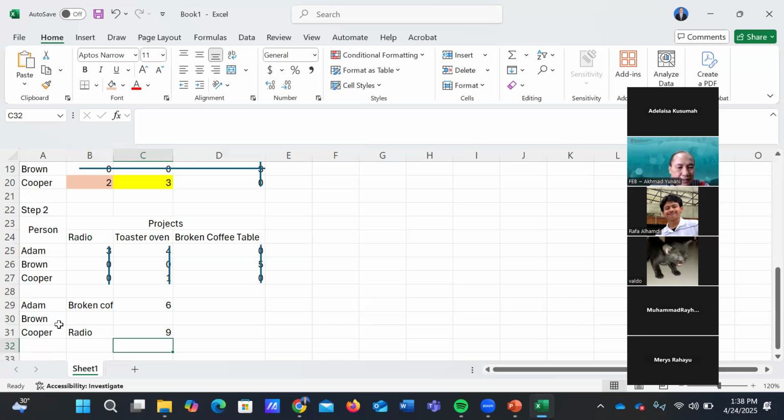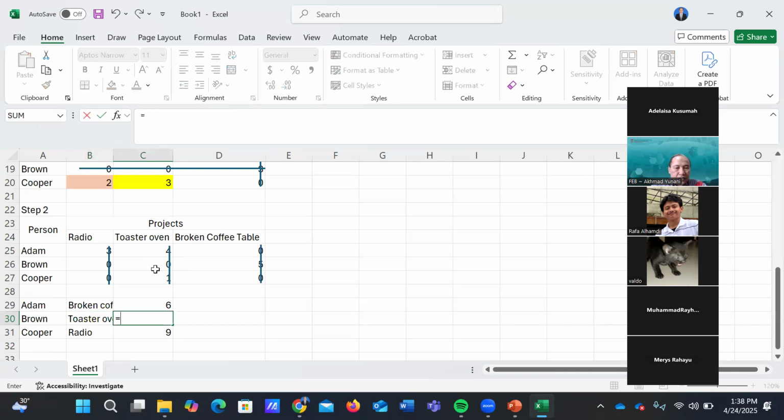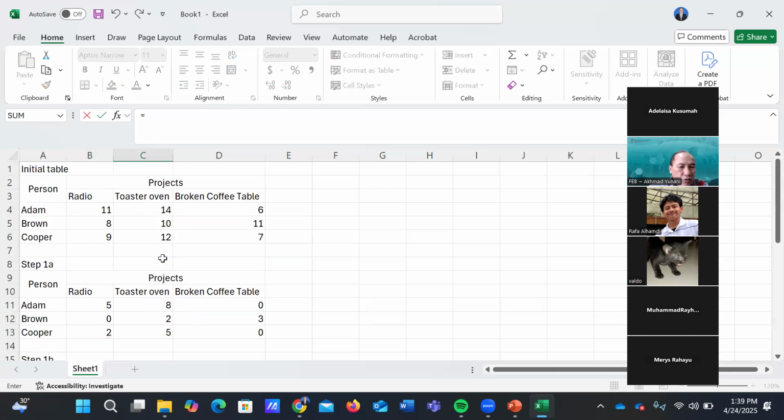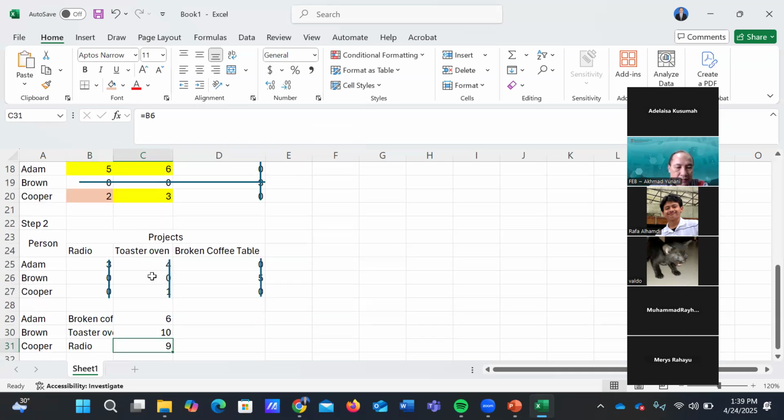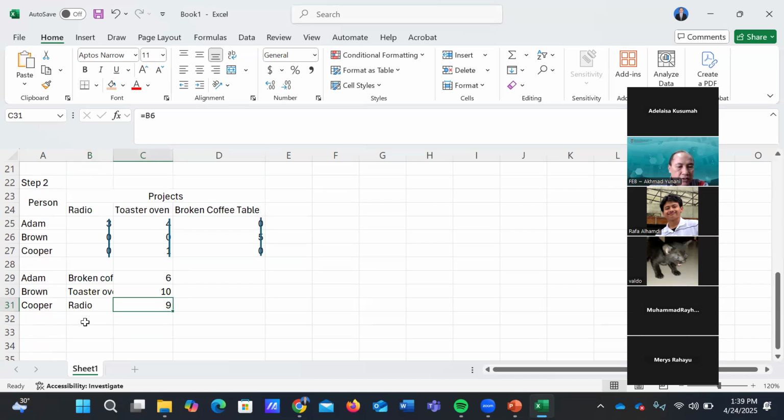And the last, we can only assign Brown to fix the toaster oven, and the cost for Brown to the toaster oven is $10. What is the total cost?